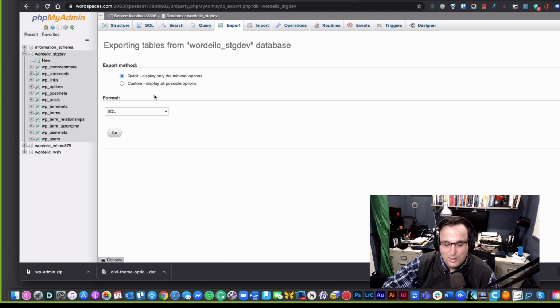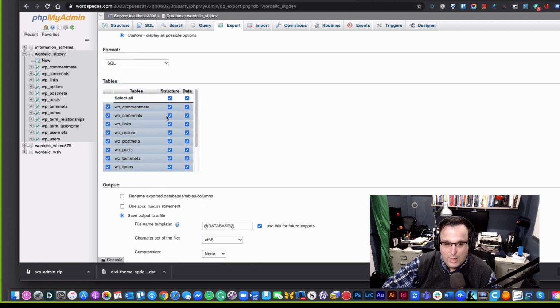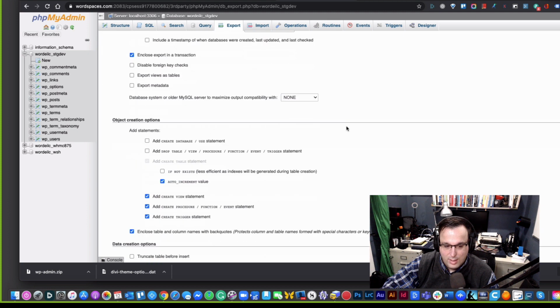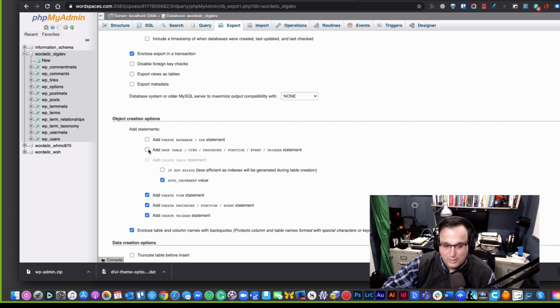And on export, I do a custom export. And it says it's got all the tables, right? All the WordPress tables are on here. And then when I'm done, I go down here to where it says, I also like to turn this on,